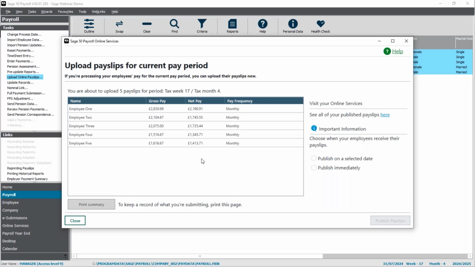Now the options around when these will be published are found here on the right-hand side. So if you want them published immediately, you would choose this option here. And as soon as you click Publish Payslips, they are then uploaded and made available for your employees to view. Or you can schedule them for a selected date. So if, for example, I wanted to make these live a couple of days before pay date, so maybe on Monday the 29th of July, I can set that as my publish date. And then when I click onto Publish Payslips here at the bottom,